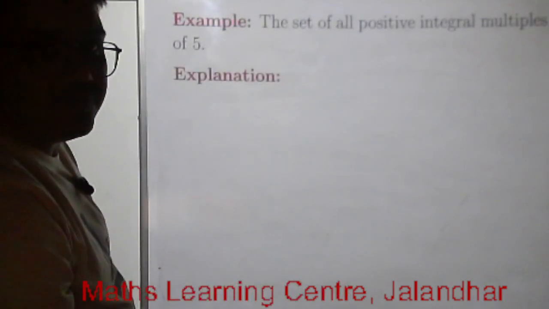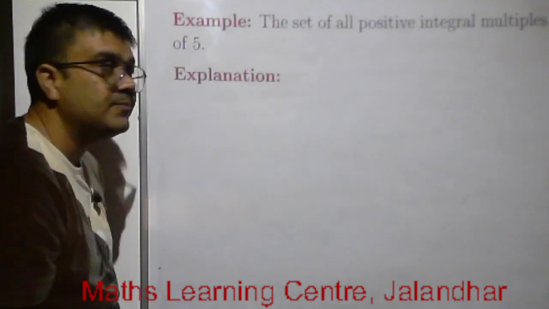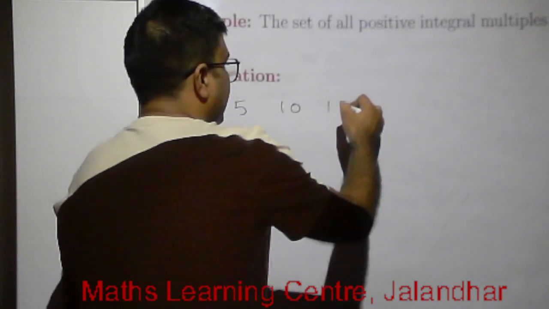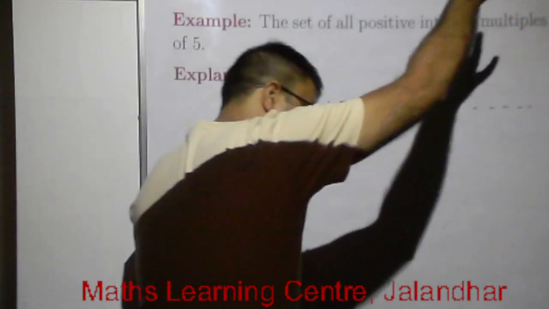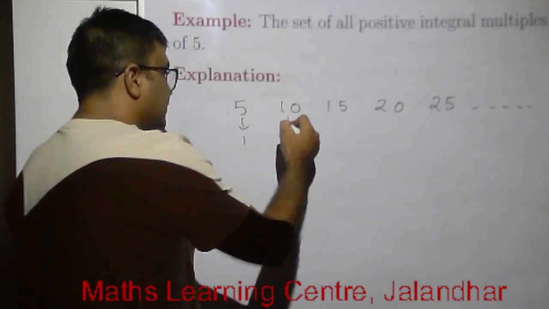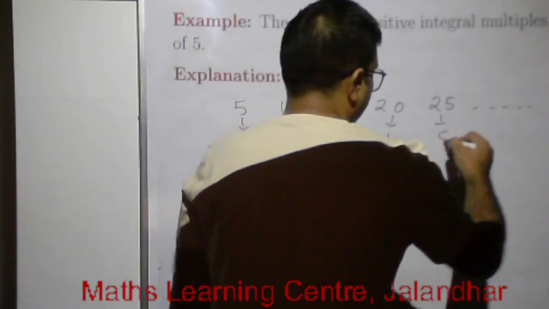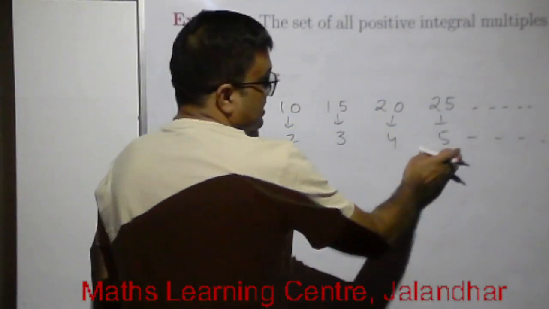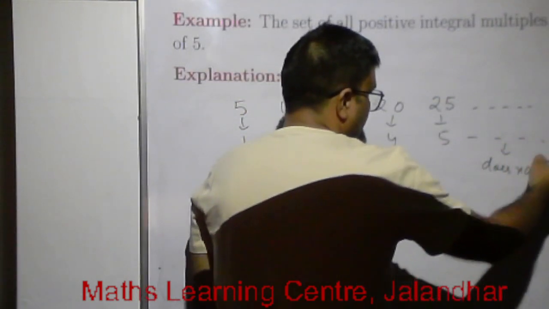The set of all positive integral multiples of 5: 5, 10, 15, 20, 25, 40. Start assigning the numbers 1, 2, 3, 4, 5, continuous. The process of counting does not